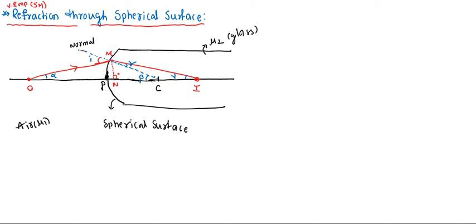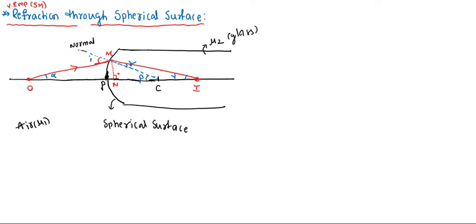How do we draw the normal for a spherical surface? A spherical surface is a part of a sphere, and you can make a sphere by using this spherical surface. That sphere's center is called the center of curvature. And now this I is called the angle of incidence. The angle of incidence is the angle between the incident light ray and the normal drawn. This red line is the incident light ray, and the blue dotted line is the normal drawn, and this angle is said to be the angle of incidence.